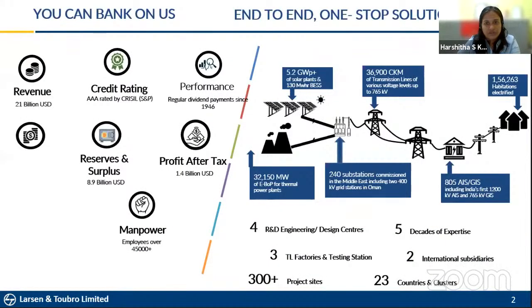So briefly to touch upon L&T, we are a $21 billion revenue company spread across the world, with a AAA rating as well as more than 45,000 employees. We are available across the value chain with respect to power transmission and distribution, starting from power generation, which is solar generation, along with storage. So we have more than 5.2 gigawatt peak of solar experience with 130 megawatt hour of excess of BESS execution